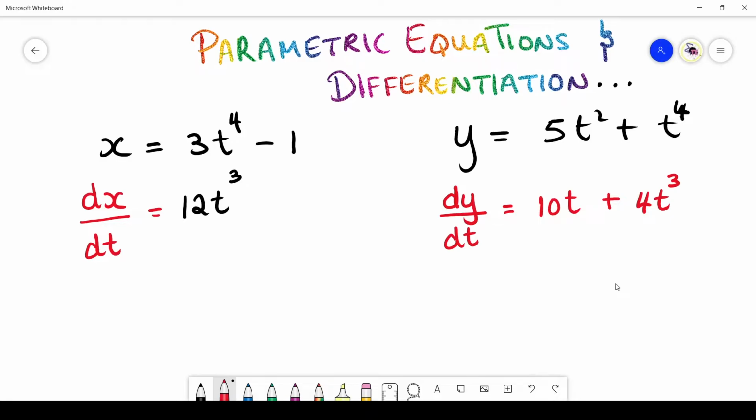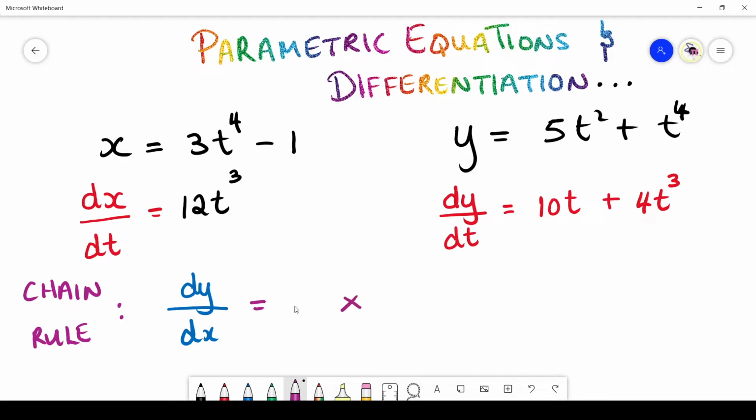Okay, so what happens after we have found values for dx/dt and dy/dt? How are we going to find that final dy/dx? Well, that's where something called the chain rule comes into play. All right, so I'm going to highlight our chain rule. And the chain rule is not something that is necessarily memorizable. You can create it